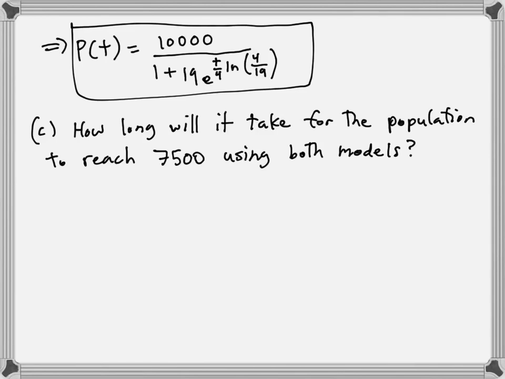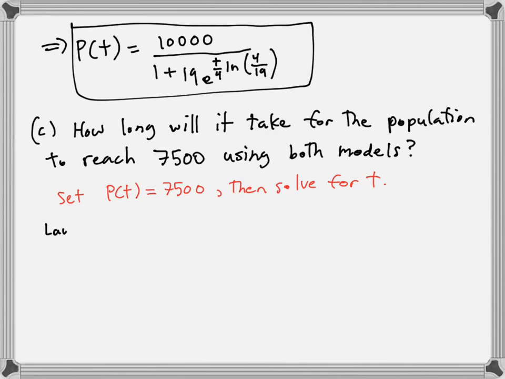So this shouldn't be too hard. We just plug that in for P of t, right? So we set P of t equal to 7,500 and then solve for t. So let's start with model 1,